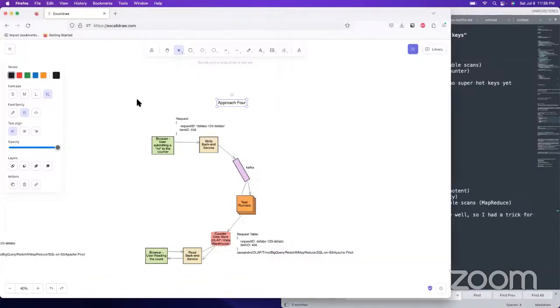Yeah, so with approach 4 we still want our exact counts. How are we going to do it? We would still need to have a timestamp. I think we could go ahead and get that on the backend services instead, so we would have that populated over here. It doesn't really matter. It's just a trade-off and it depends on your use case.